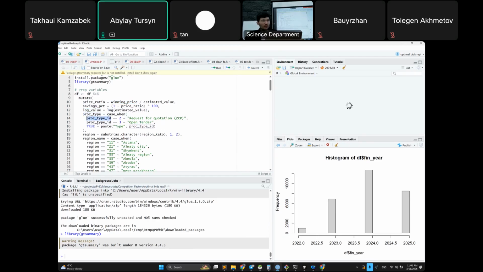Procedure type, there are like 2 and 3. It just knows it, but it isn't needed for us right now, so I can remove it, because the data set that I have taken has only one method, so there are no differences. This one is interesting. I have a variable